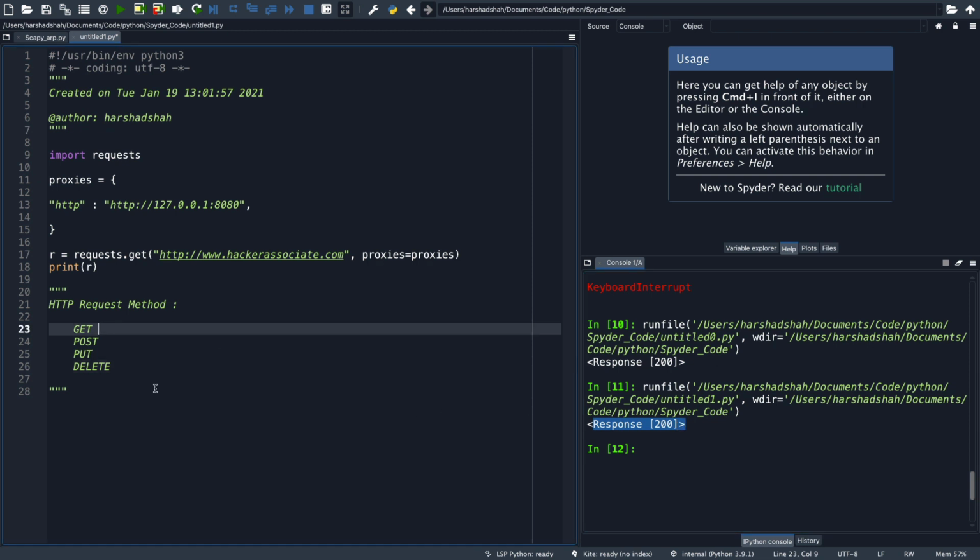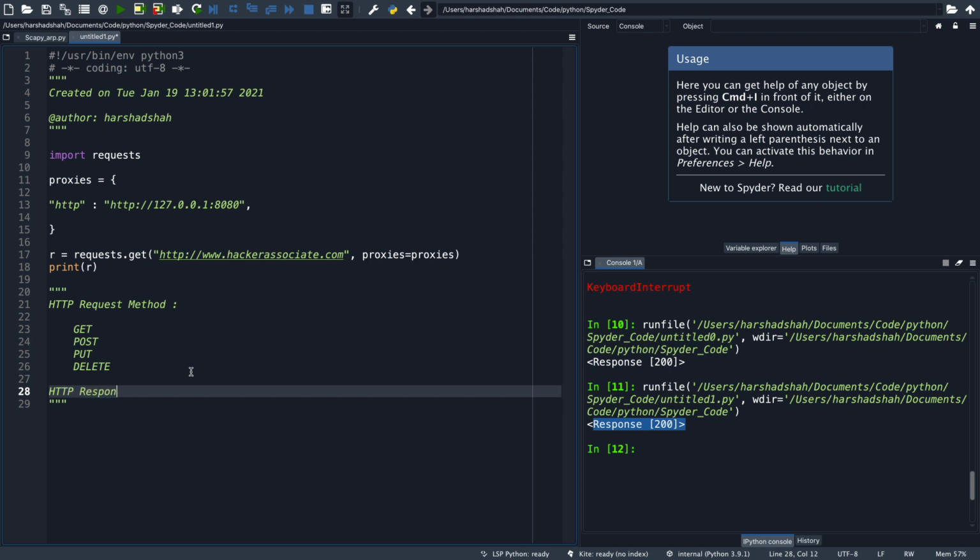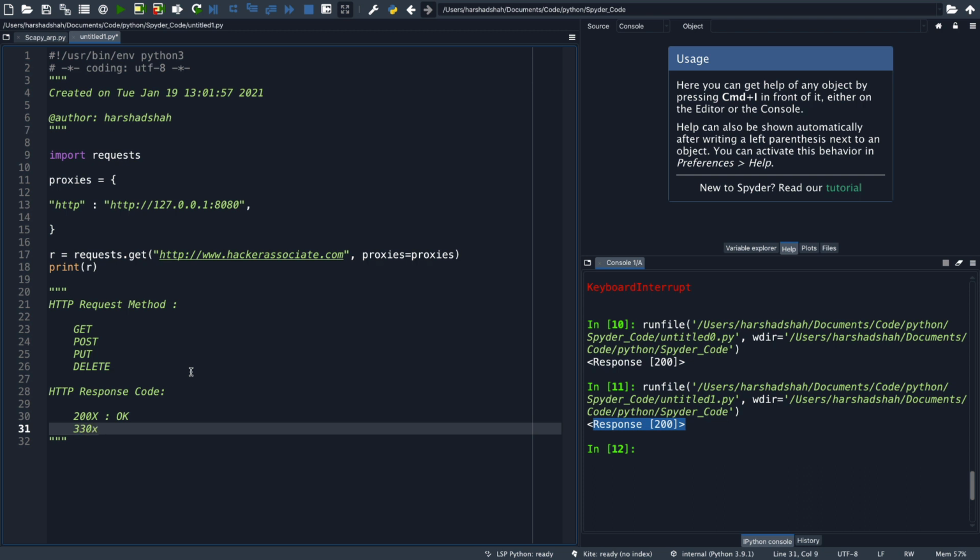So as we know, if you talk about HTTP response codes, they look like this. We have 200x, which is nothing but OK. Then we have 300x, which is nothing but redirect, as we already know.